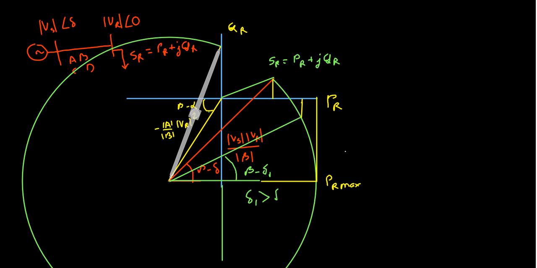With the red one, this phasor, the QR was here. Now here QR has become negative, from positive to negative,